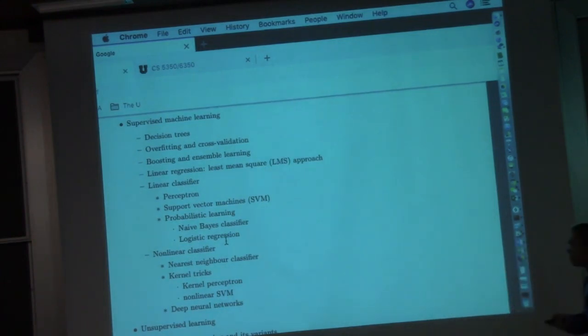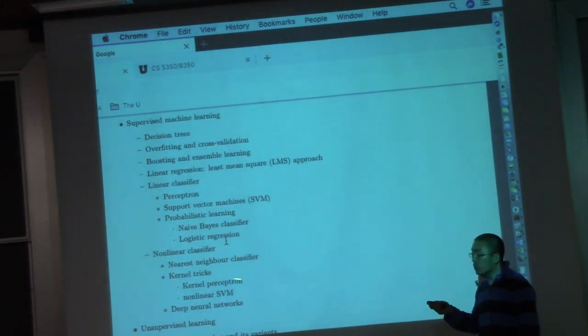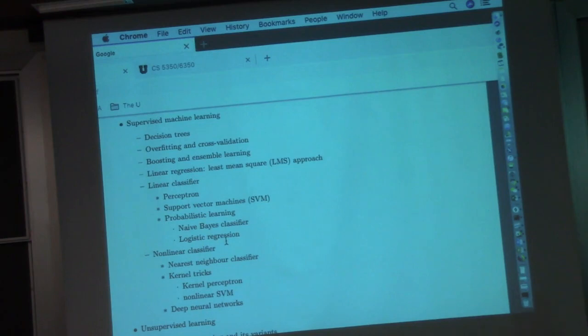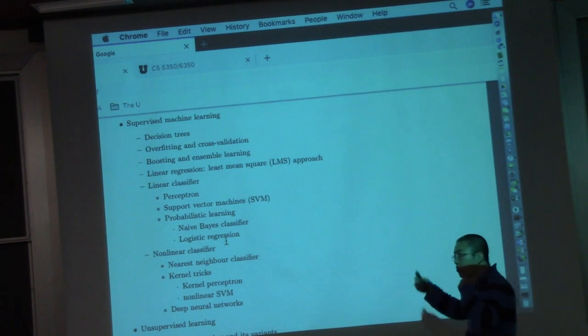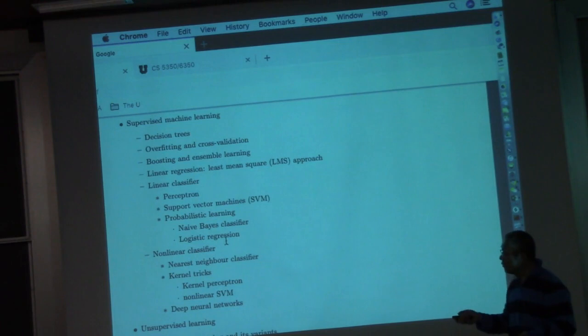The kernel trick can extend a linear classifier directly to a nonlinear classifier. It's a very beautiful trick. And we'll introduce the kernel perceptron and nonlinear SVM. Nonlinear SVM requires a smart transformation of the original SVM. The original SVM is called the primal form, and the nonlinear SVM is called the dual form. Only in the dual form will you get to know why it is called support vectors. Where do these support vectors come from?